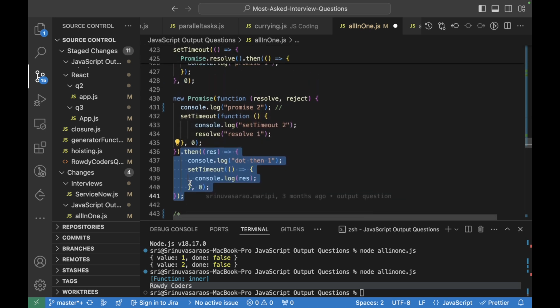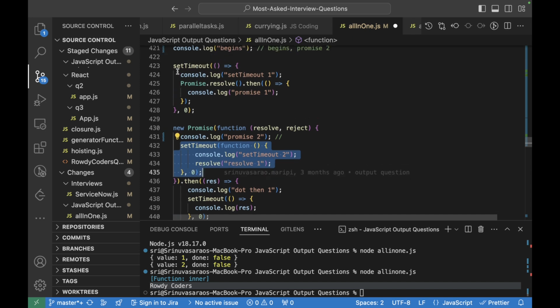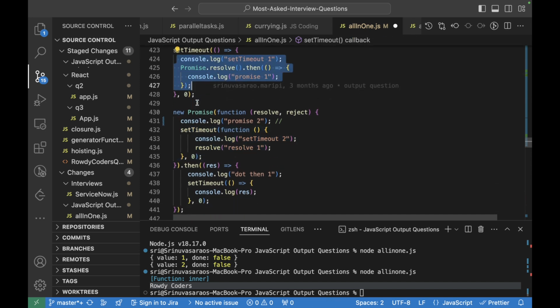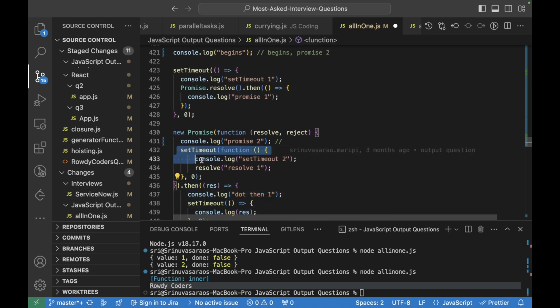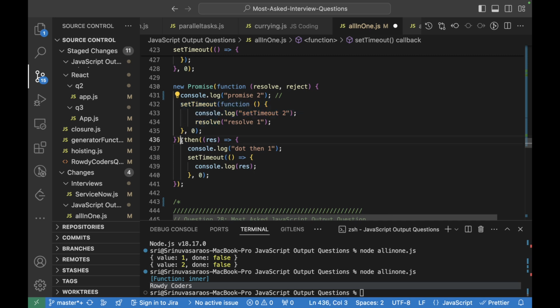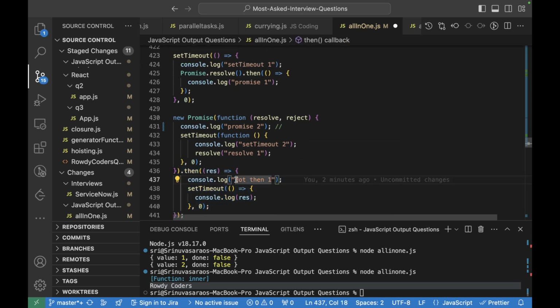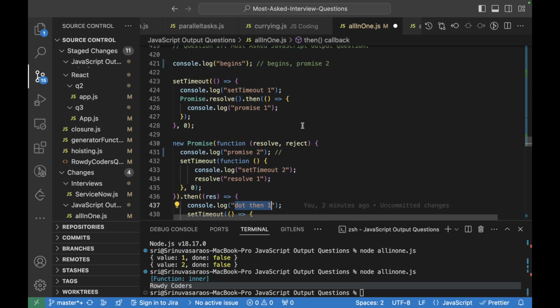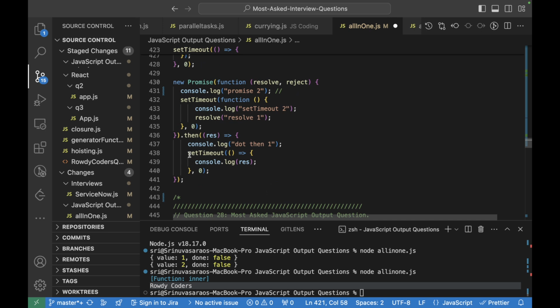So what happens now? We have the setTimeouts, right? Now we have these setTimeouts, and then we have this micro queue. setTimeouts will be in the macro queue, and this is a micro queue. So this micro queue will have higher priority, right? Because of which this one will be executed just after this one. This will be executed, and then after this will be again pushed to the macro queue, right?